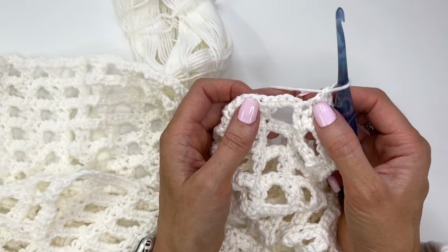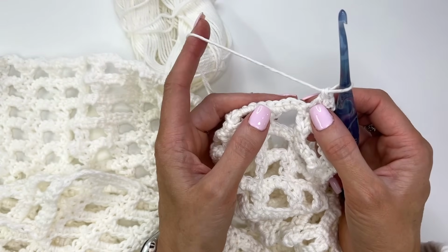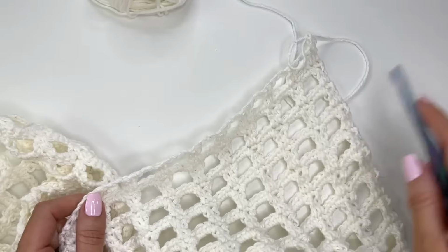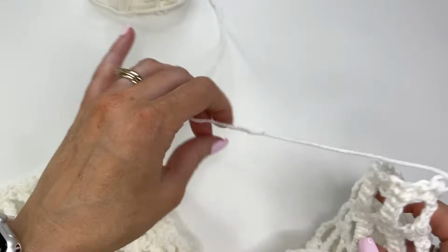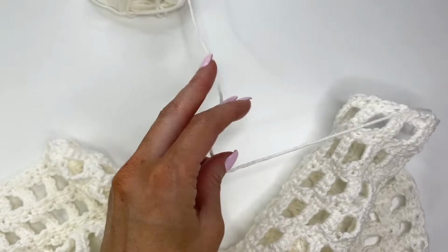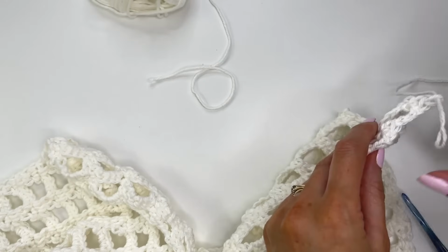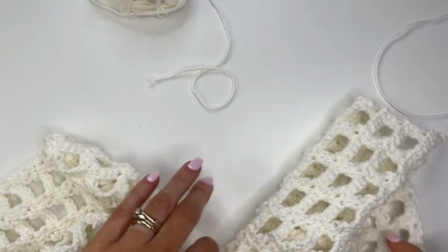So once I get across this row, I'm going to have to mark off the body, and I'll meet you up to show you how to do that. Okay, so I have a total of 36 rows. I'm going to fasten this off. Okay, we don't want any more